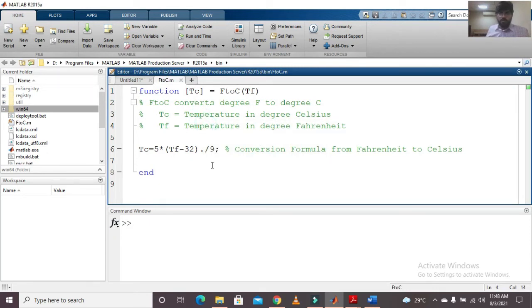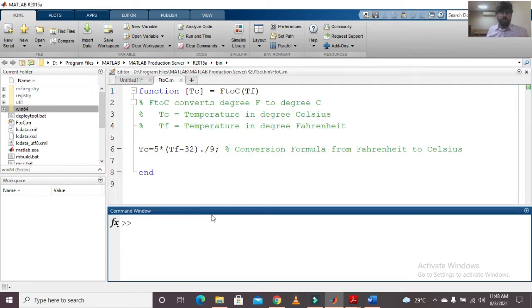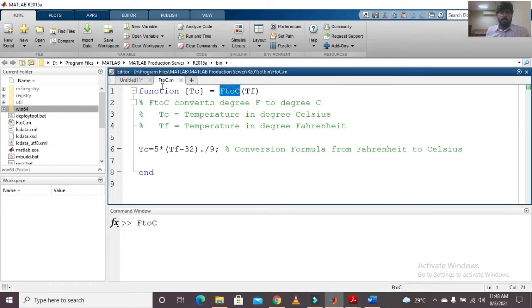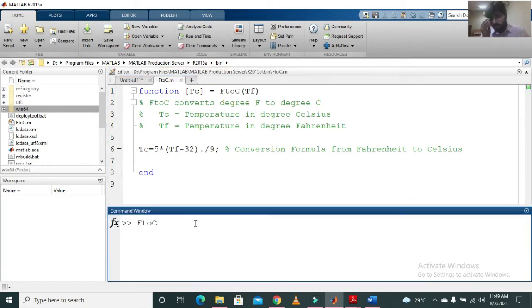So let's say I want to use this function file. I'm just going to call f2c, which is the name of this function file, the same name by which you have saved that function file. Since it is a user defined function, there must be some input arguments as well.